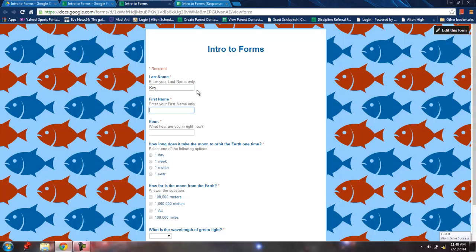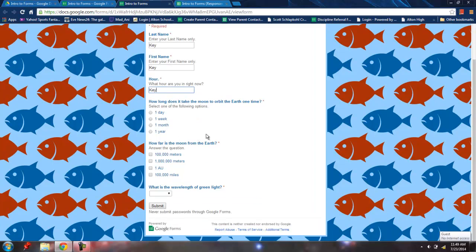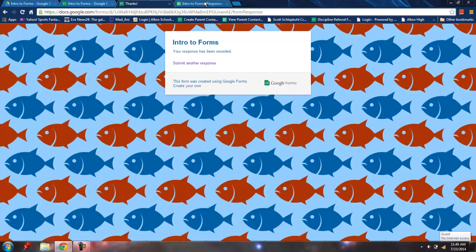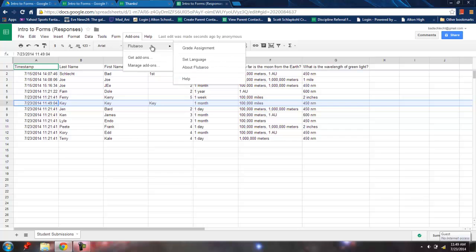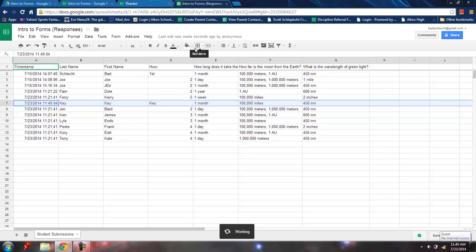I'm going to create a key. I'm just going to name all this key so it's easily identifiable, and go back and insert the correct questions. It takes 1 month for the moon to go around the Earth. None of these are the right answers, so I'll just pick 100,000 miles, and the wavelength of green light is 450 nanometers. When I click submit and I go to responses, here it is. There's our answer key. If we go back to Flubaroo, grade assignment,